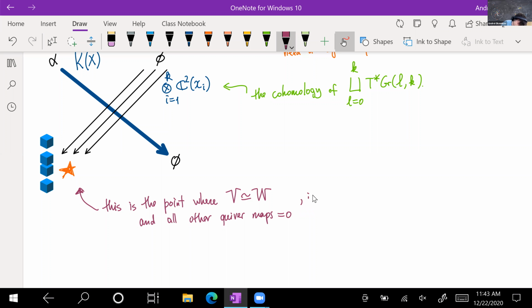In the sum here we have the T star of Grassmannian of k in k. It's an element that appears here, and that is a point. Right? So this really is a point, and so